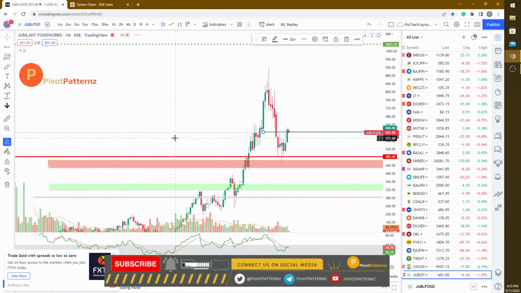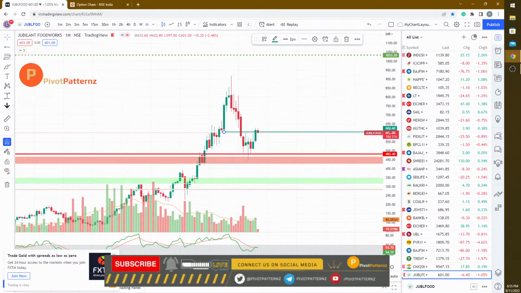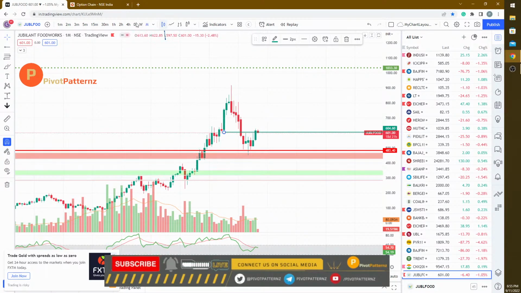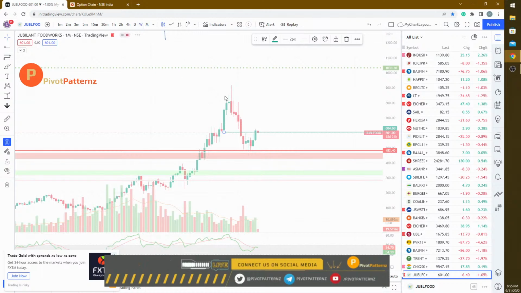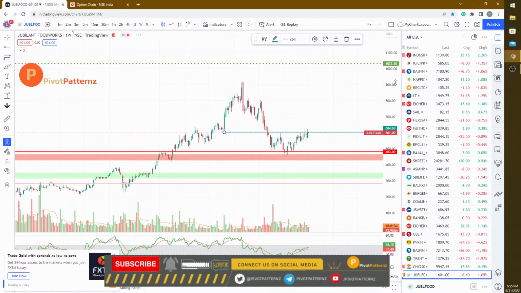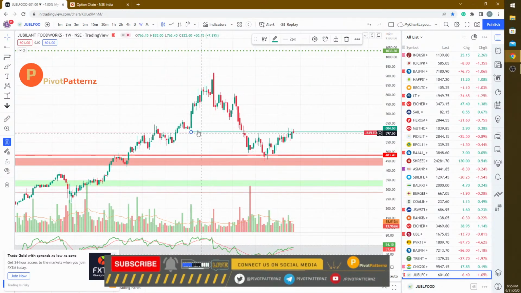You see, it is clearly making an all-time high. But it is in correction mode, so there is no point selling right now. The only concern is it is trading around resistance. Earlier it was a support, and it has turned resistance, and there are rejections here. So I think it can trade somewhere, consolidate here, and if it breaks out of this